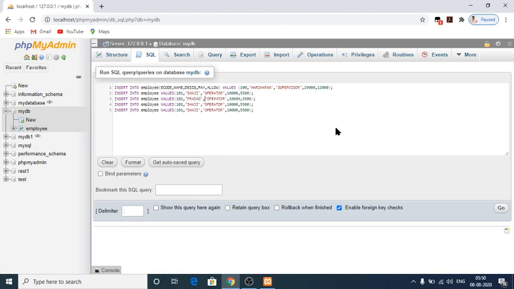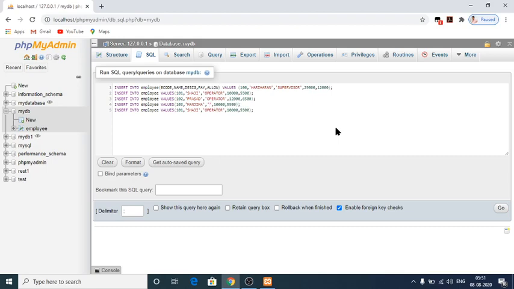PRASAD. His designation is also operator, but his payment is 12,000. Here 6,500 is his allowance. Next is Manjima. Her employee code is 103 and the name is MANJIMA.